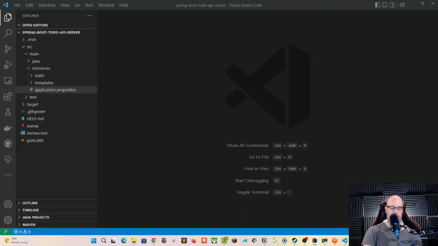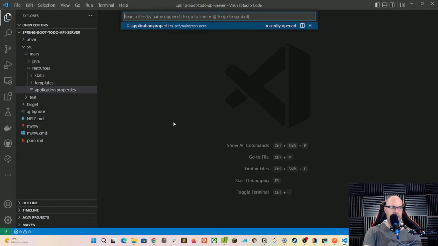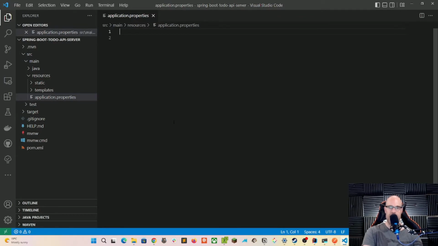So I've downloaded the zip file that start.spring.io generated for us for the project, and I've got it open here in Visual Studio Code. The first thing I usually try to do is set up the database. So I go into application.properties, which contains all of the configuration info for your Spring Boot server. And I'm going to be defining a port, so server.port of 8080,